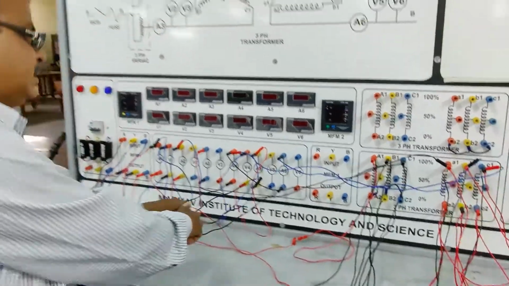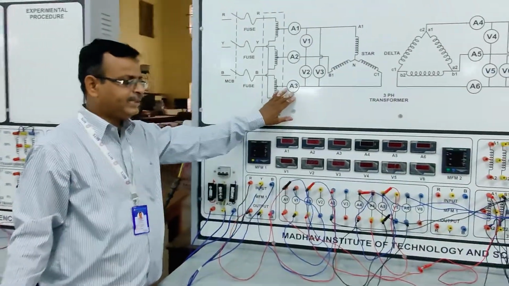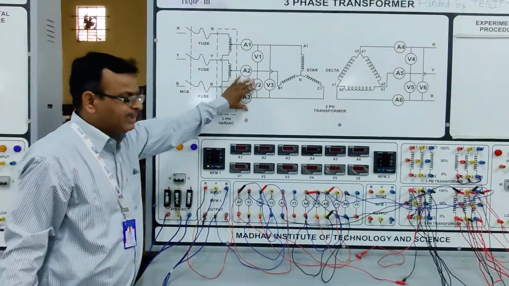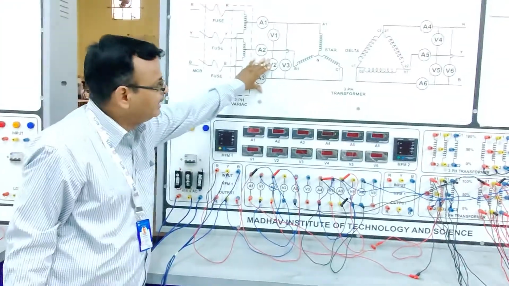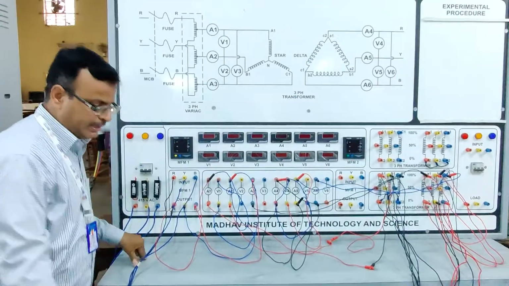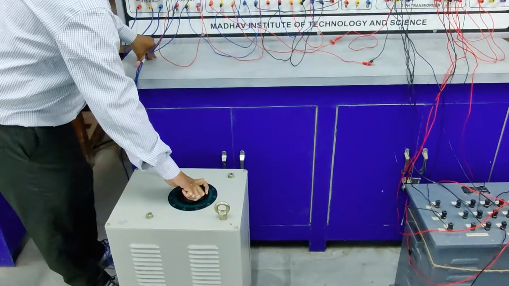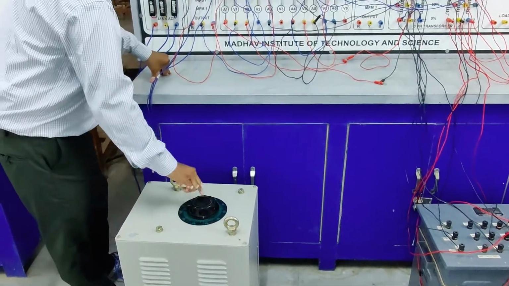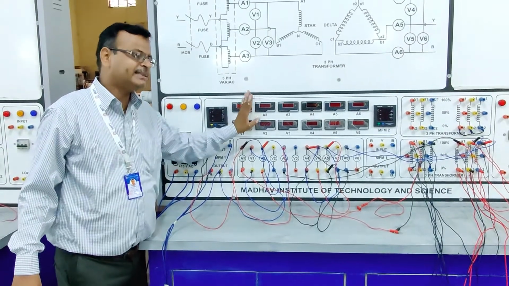And you know, this test is performed at rated current. The rated current of this primary side is 6.5 ampere. So we consider only 6 ampere current on this primary side. So in the main preparation, gradually increase the voltage. Remember that this auto transformer we have to move very slowly until this ammeter indicates its rated current, 6.6 ampere.